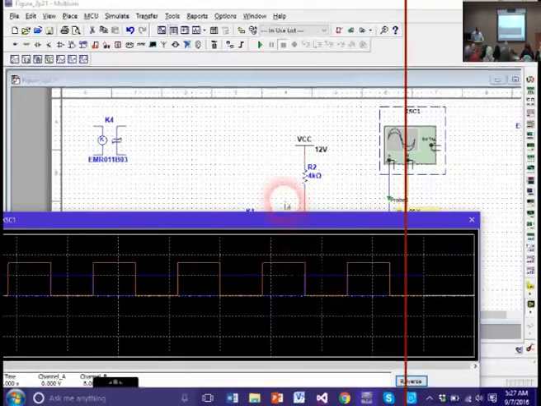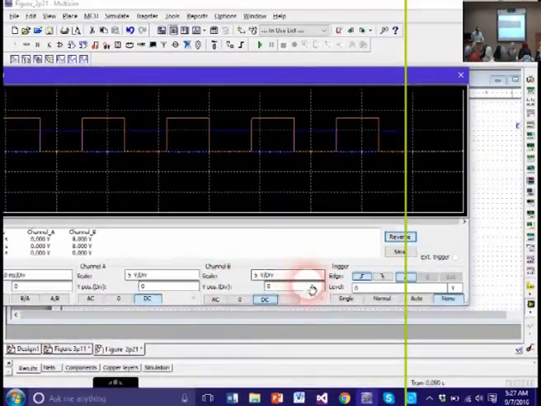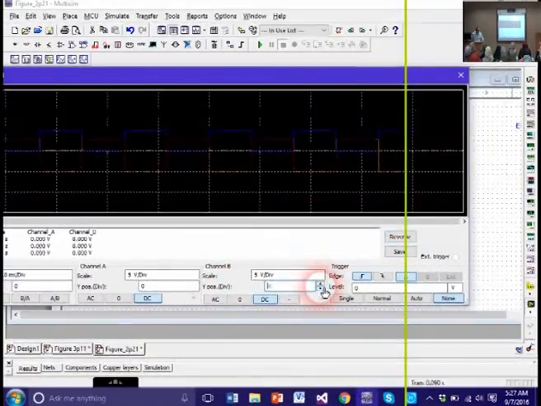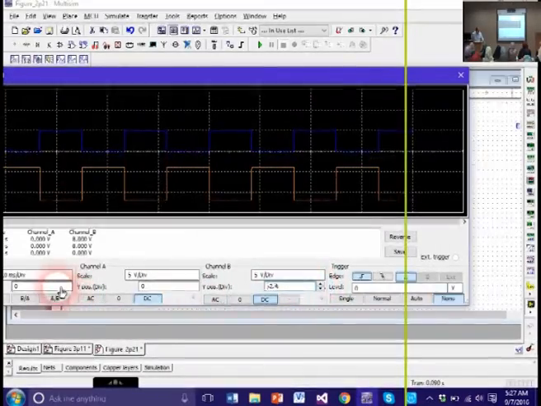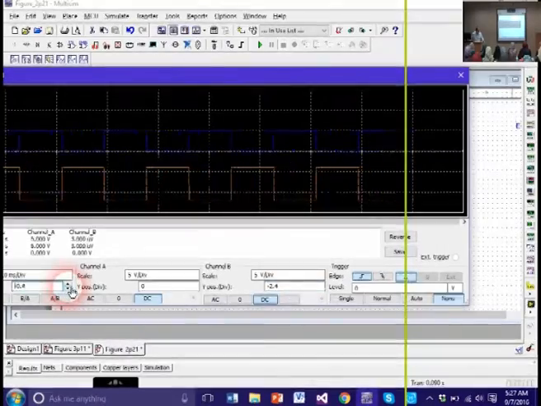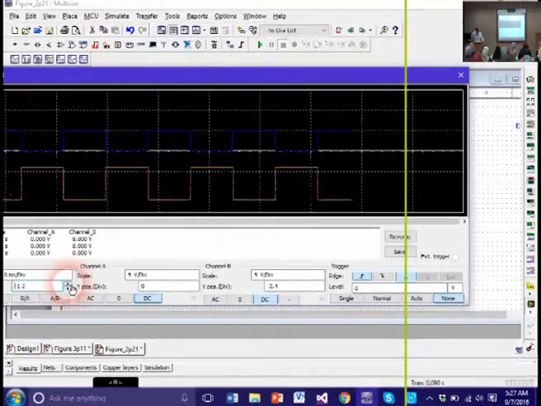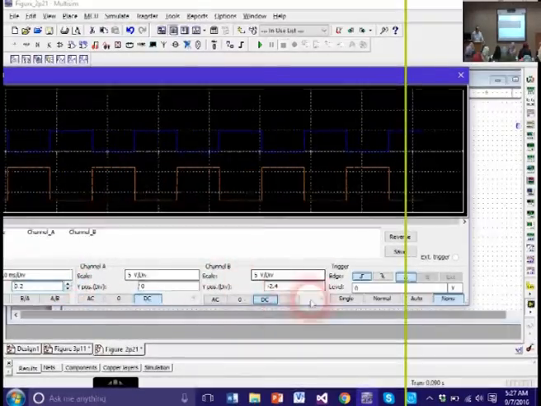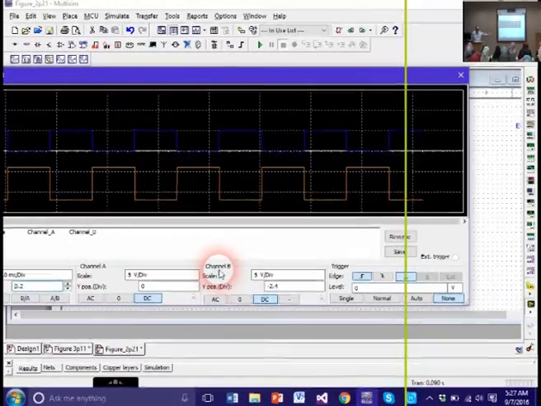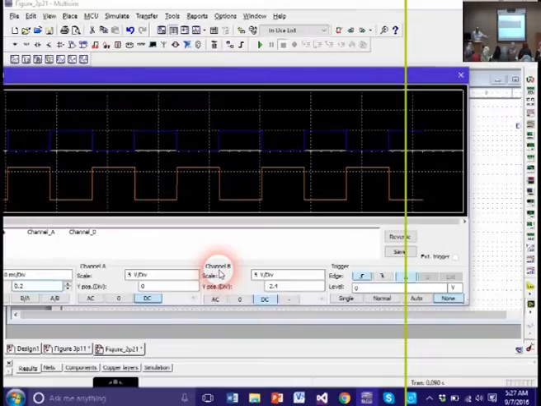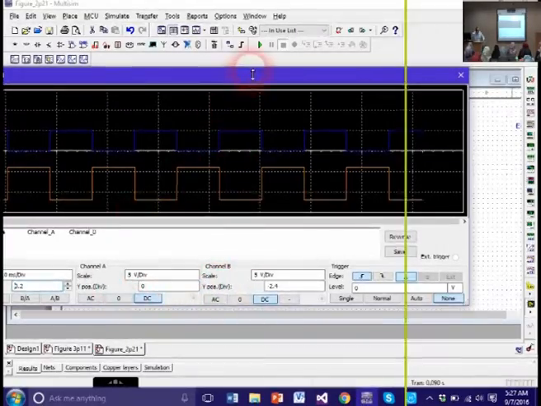So here, when I click, I can adjust the position of the wave, right. I can also adjust the scale, the x-axis for the wave as well. So you can do a lot of things over this oscilloscope interface window. It is really like working in the lab, right? So this type of application